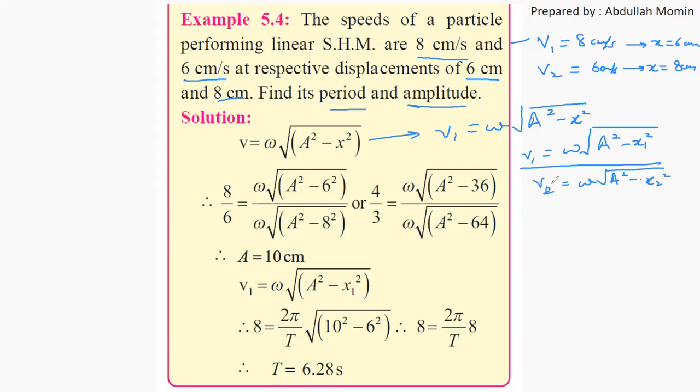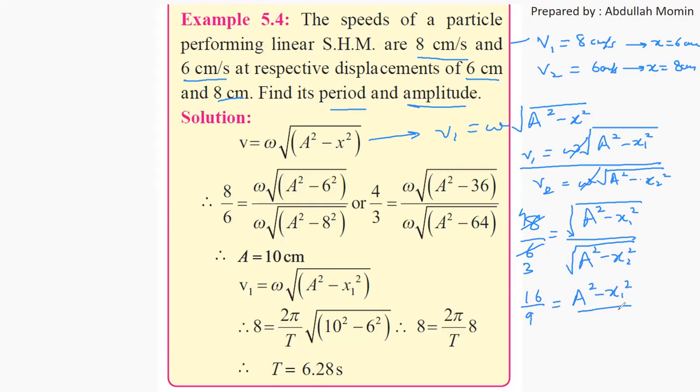So v1 is 8, v2 is 6, omega and omega get cancelled, root(a square minus x1 square) divided by root(a square minus x2 square). So this 8 by 6 becomes 4 by 3. After solving this equation, squaring on both sides, we will get 16 by 9 equals (a square minus x1 square) upon (a square minus x2 square). After cross multiplying it,